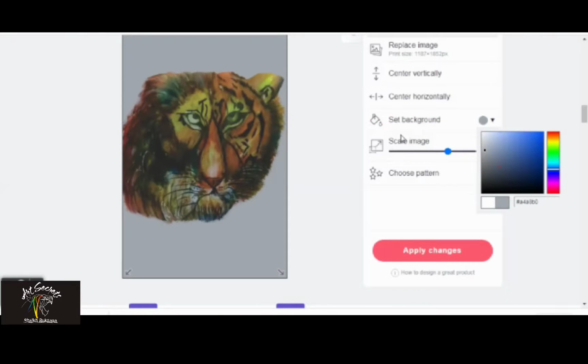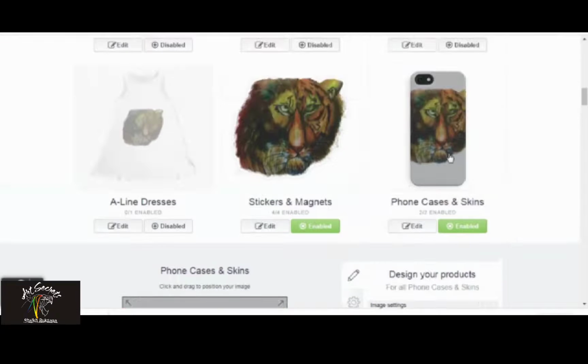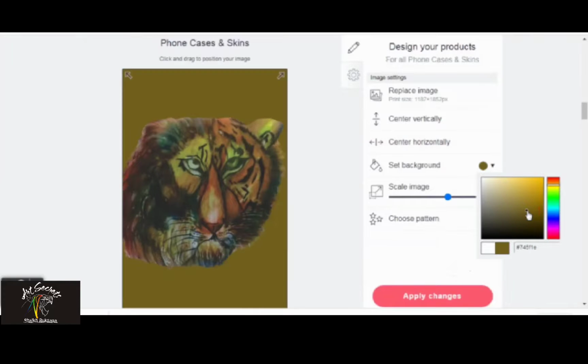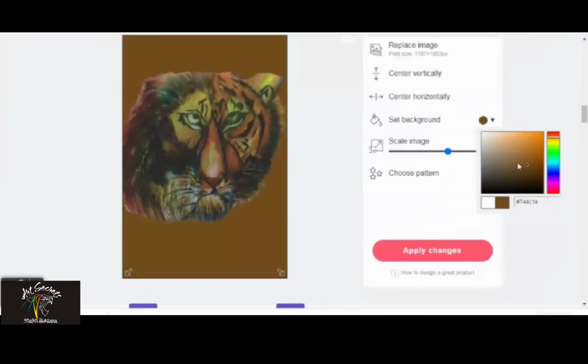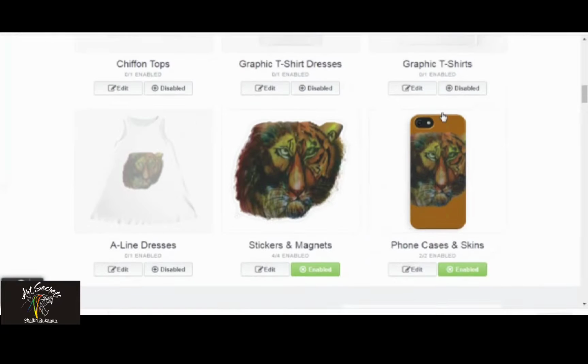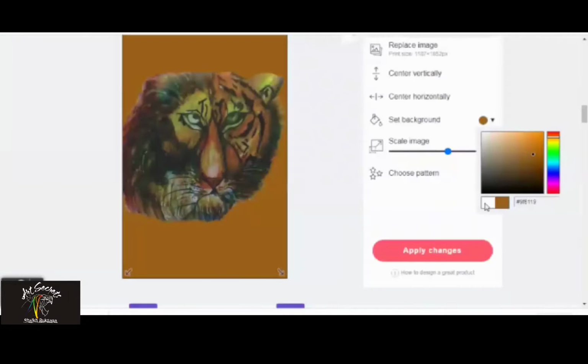So you can change your color according to your choice, or you can set the default coloring, which is there at the top level. And here I'm selecting again something which goes very well with the line combination, the tiger.